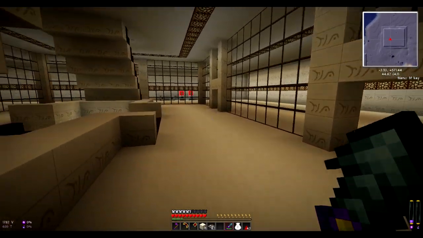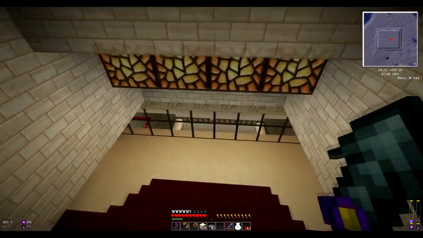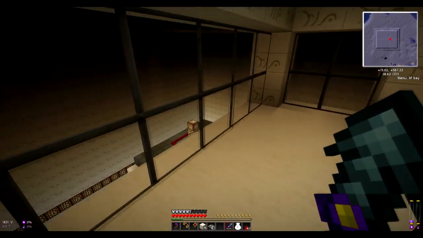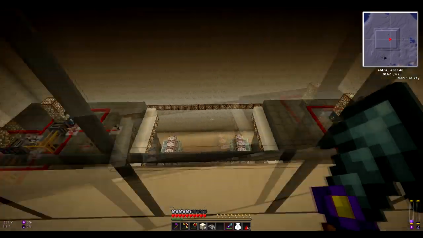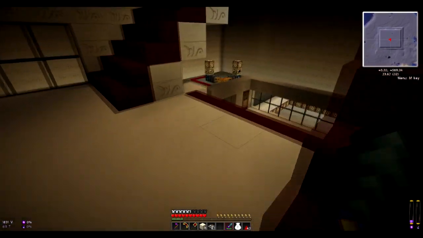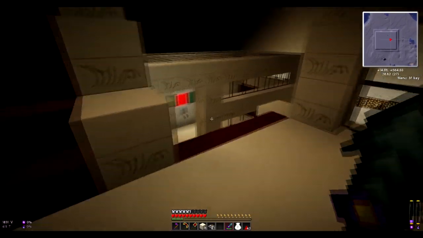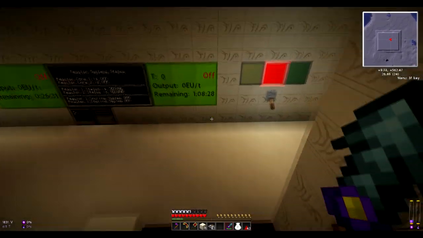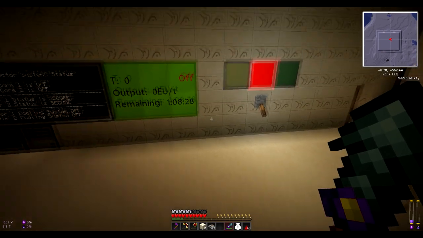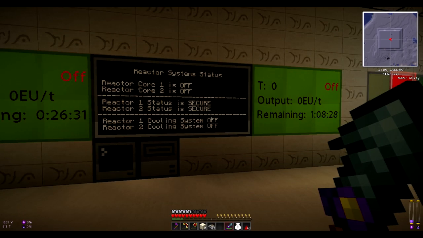And then down below here is really where I've done most of the work on this map. First thing I did was build 2 reactors and a control center for the reactors. This was quite a bit of work, but after, like everybody else, hitting the YouTube, seeing what everybody else did, saving myself a lot of effort, I have this control system set up,